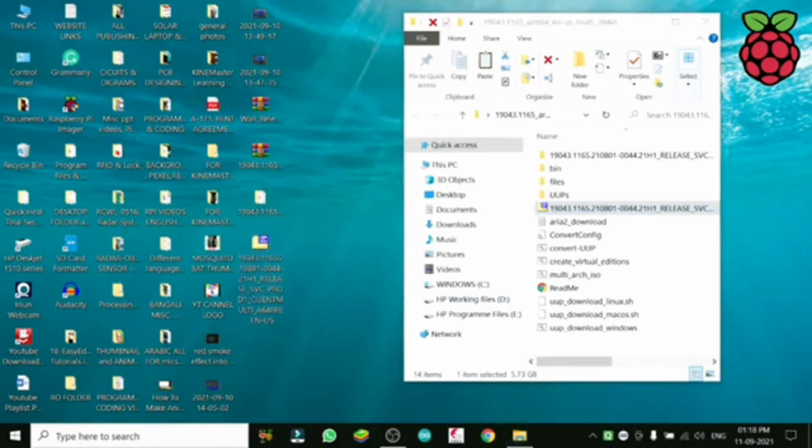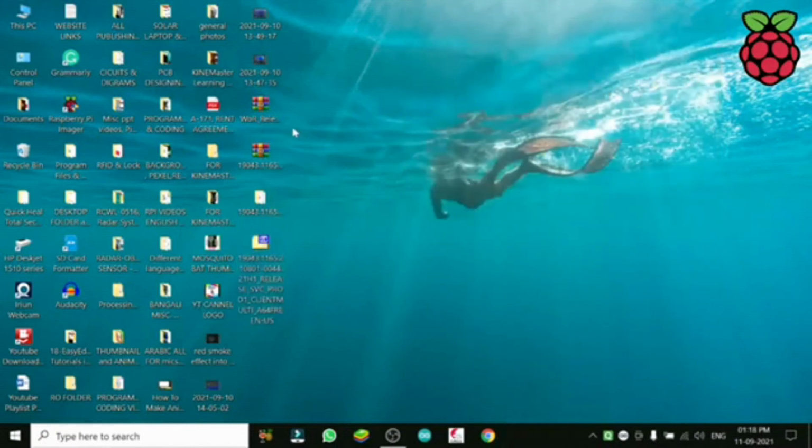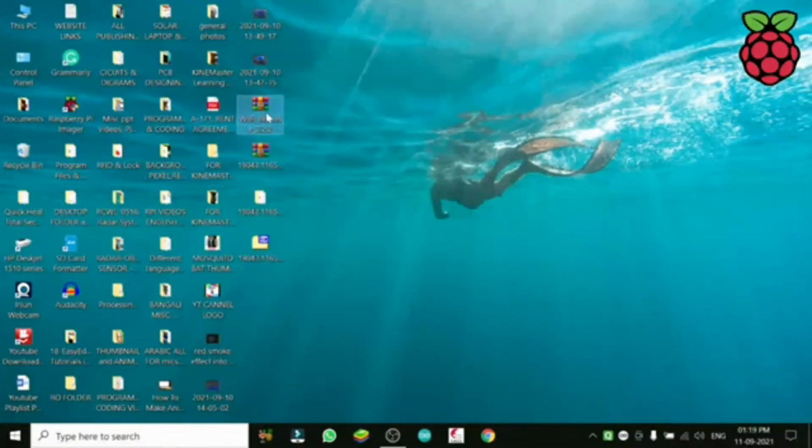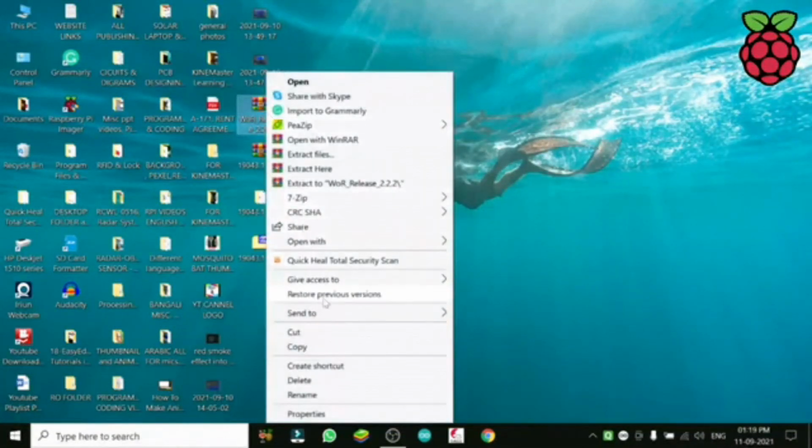Now we will go to the WOR file, and we can insert our SD card also. Now to start writing on our SD card, insert your card now, but check it, you have to format that card. Of course it also formats.